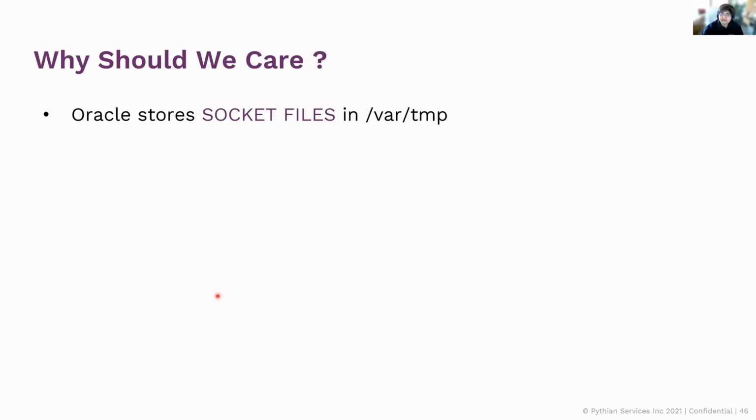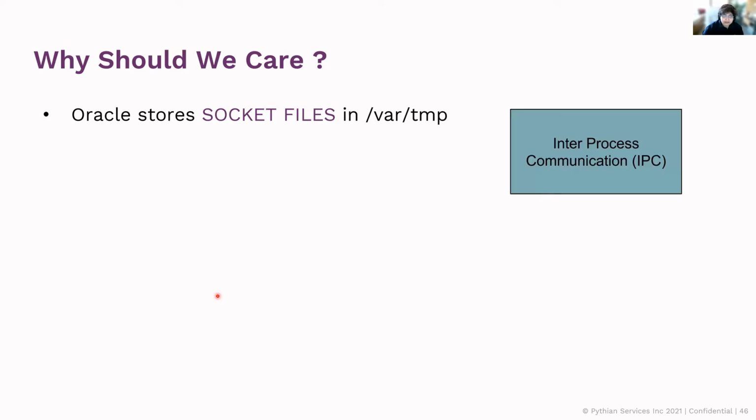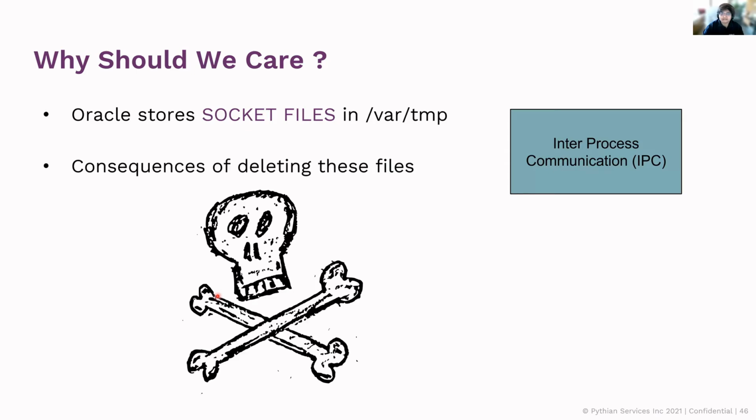Socket files are files that are used by the RDBMS for inter-process communication. And if by any chance these files are deleted, let's just say we are in big trouble. It can lead to outage. There will be certain files that will lead to outage and certain files that can lead to outage, but certainly in most cases it will not end well.